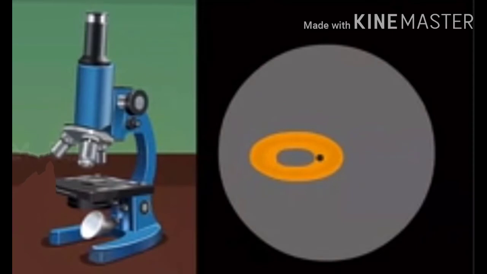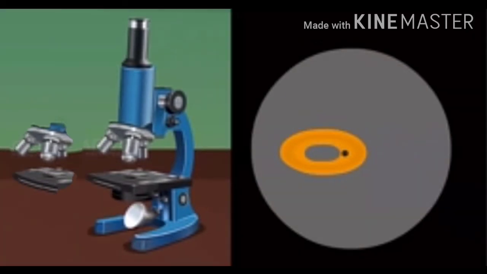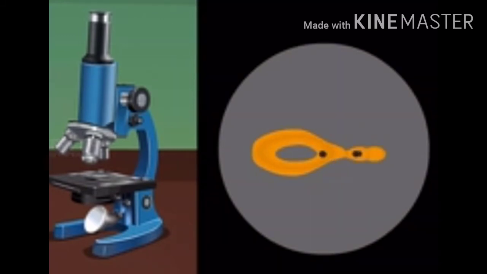Here I will show you the microscopic view which is observed under the lens of the compound microscope. So here firstly we will see that yeast cells are small, spherical or oval in shape. First, a small protuberance appears on the body of the parent cell, as you can see here in the picture, and then it grows into full size. Slowly it grows into full size, and it is called a bud.